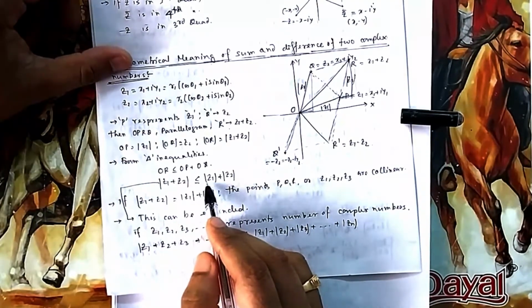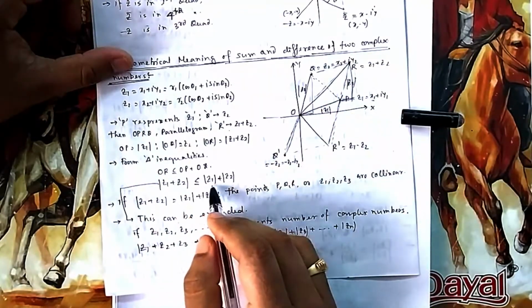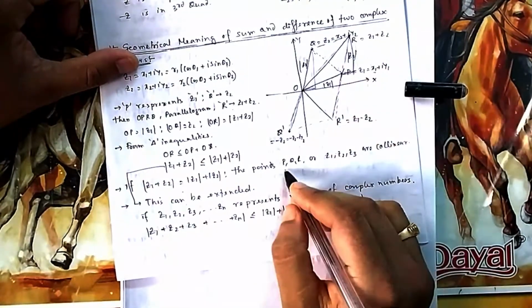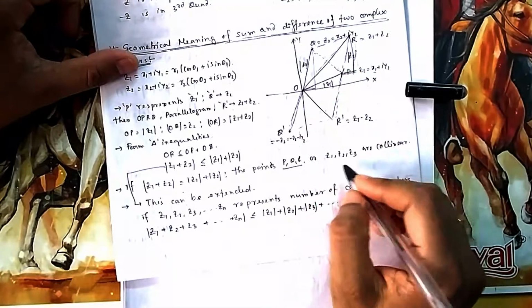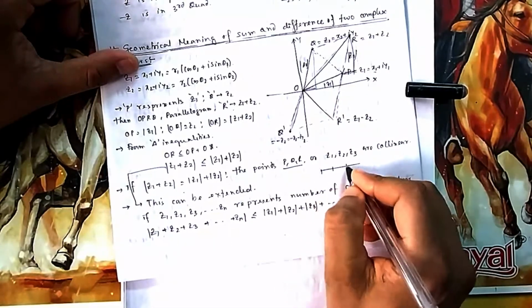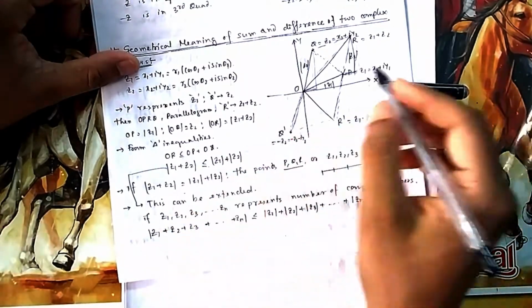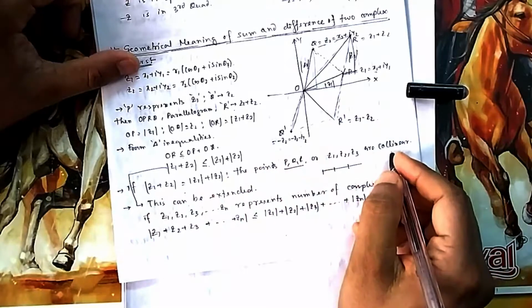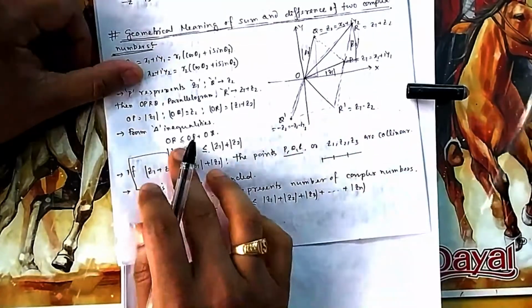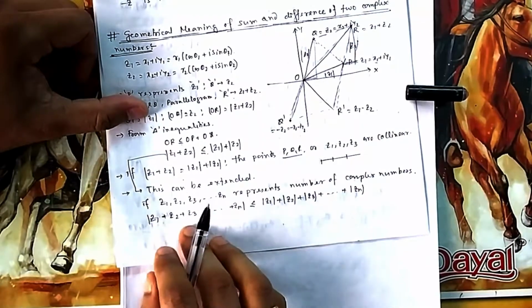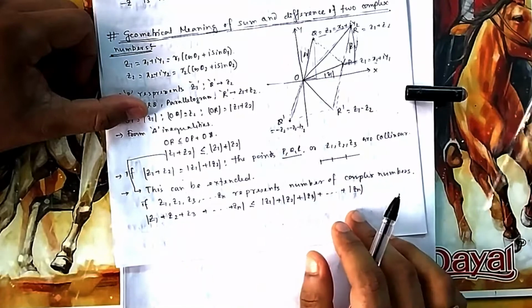So this is a very famous triangle inequality. We will see it in modulus inequality, we will see it in complex numbers, which can be proved from here. So mod of z1 plus z2 will always be less than or equal to mod z1 plus mod z2. It will be equal only if all three lie on the same line. If P, Q, O all lie on the same line, then this will be equal, or otherwise it is less than. In a triangle also, if it is equal, that means they are on the same line, collinear. If it is less than, then only a triangle will be formed. This theorem can be extended for n numbers of z. So if you add z1 plus z2 plus z3, it will be less than or equal to mod z1 plus mod z2 plus mod z3, the modulus of each one separately.